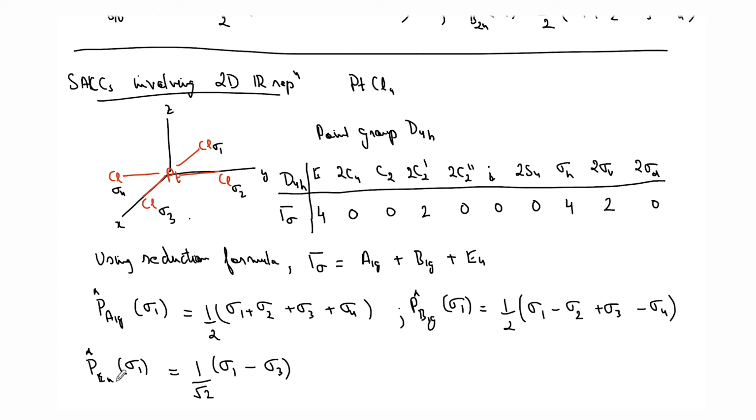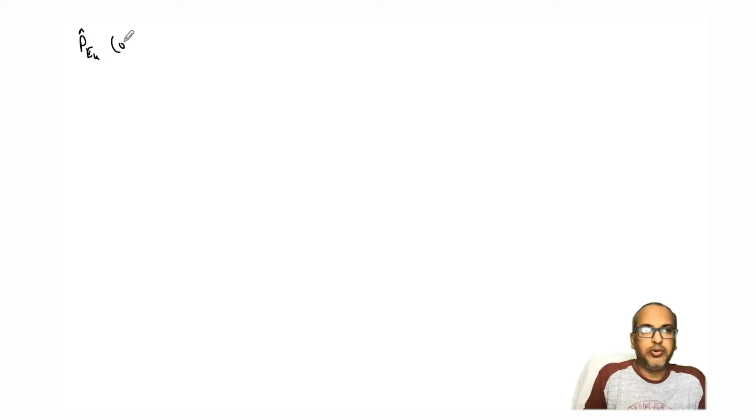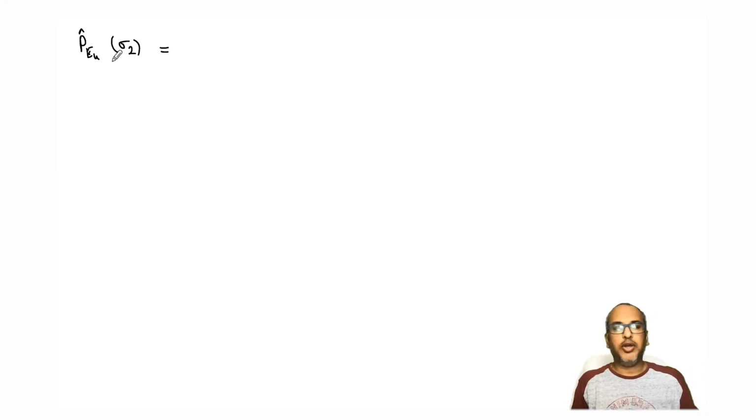There are different methods for this, but there is no unique method to solve this. What you can do is apply the Eu onto sigma 2 and see what you get. Sometimes you may get a second linear combination, sometimes you may not, and what you will get is simply